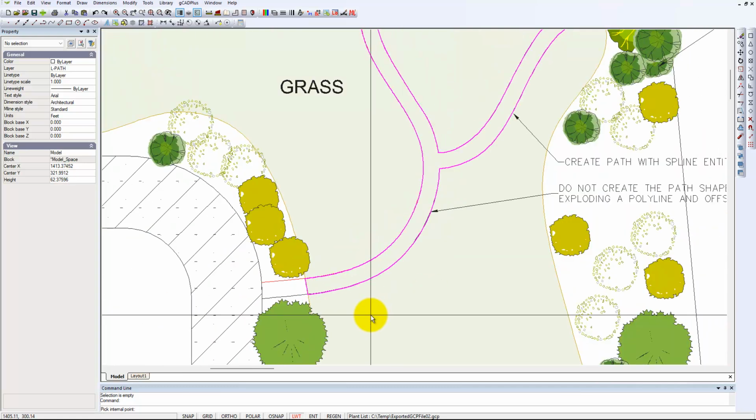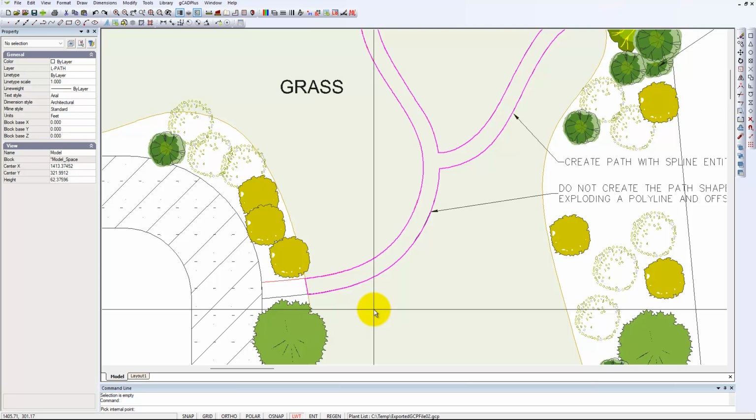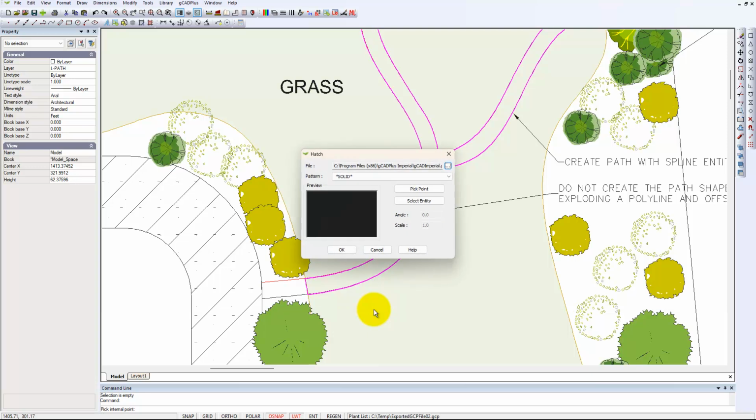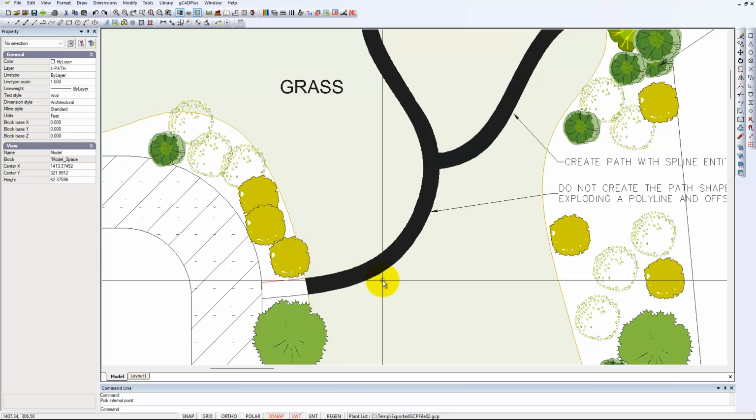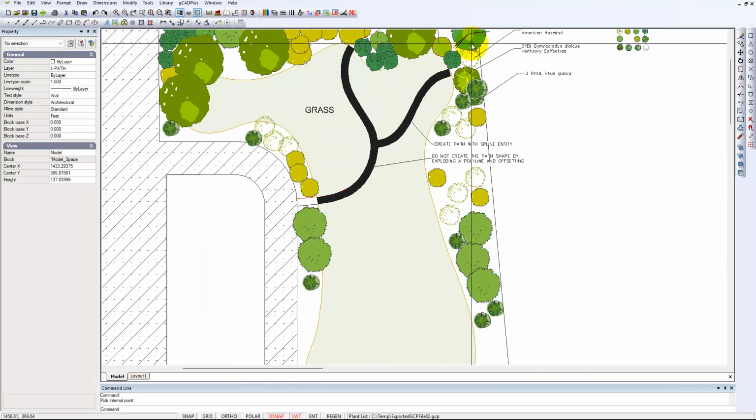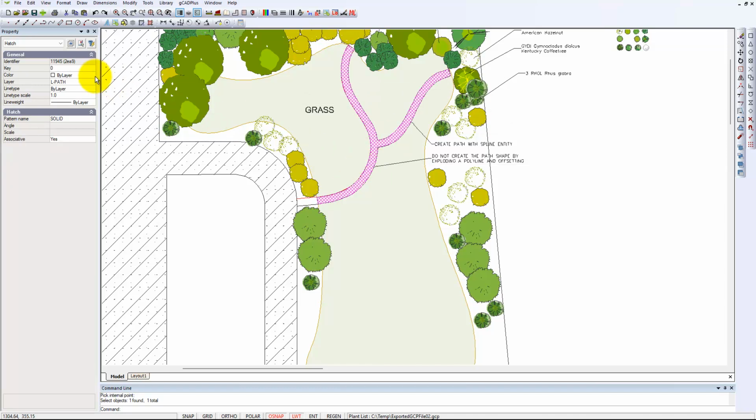The reason it stopped at that point there, I could redo it and move those vertices down to there. But I hope what it illustrates is that gCADPlus can radiate out and find the edges of the path quickly. But if you had exploded and had lots of vertices in there, you wouldn't be able to find that boundary. So it's found that using an internal point, I can say now I want a solid fill, I won't worry about a color for the moment. Can you see we've now filled that path? So you could easily change that color now